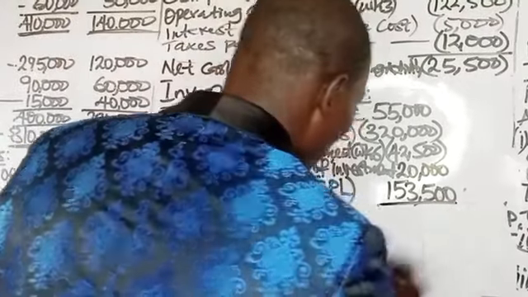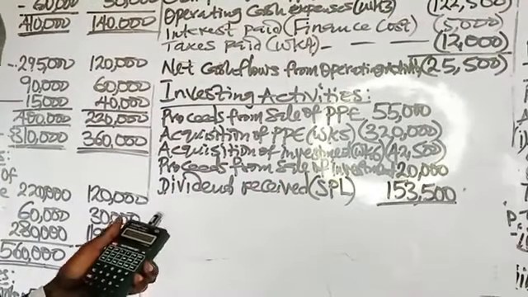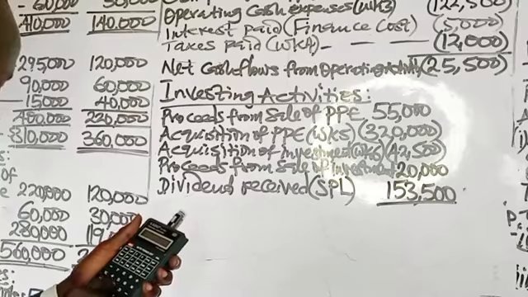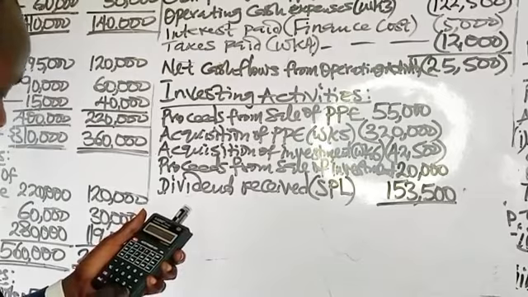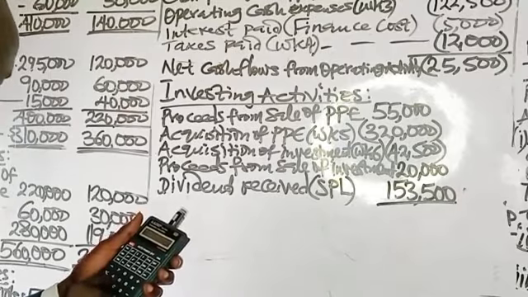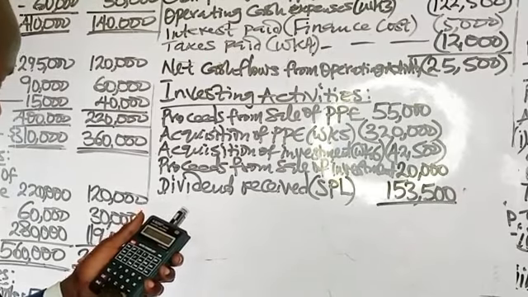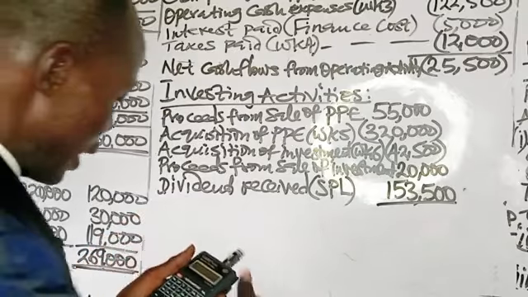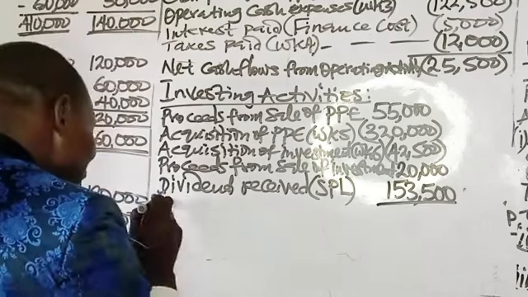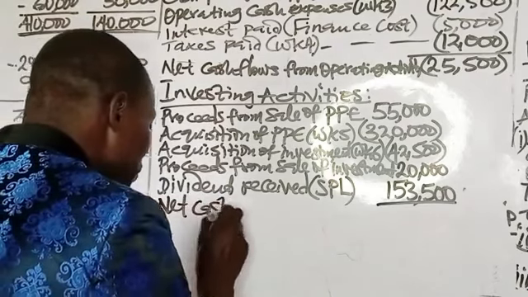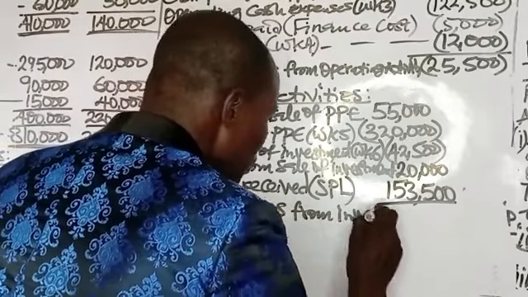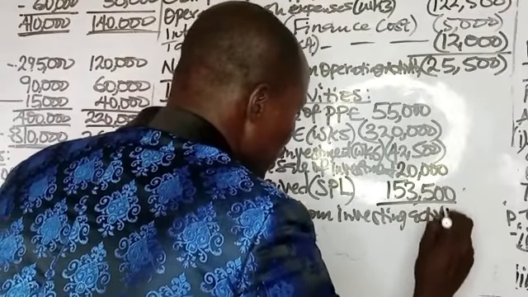So now let's sum it up. So we have 55 million minus 320,000 minus 42.5 plus 20,000 plus 153.5 million. So we have negative 134,000. That is net cash flows from investing activities, which is negative